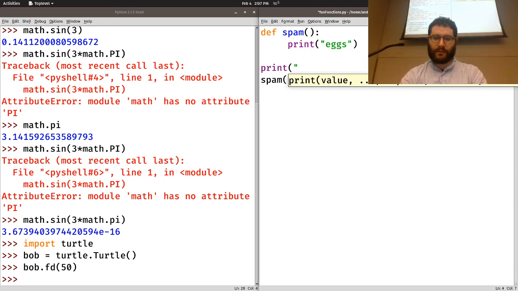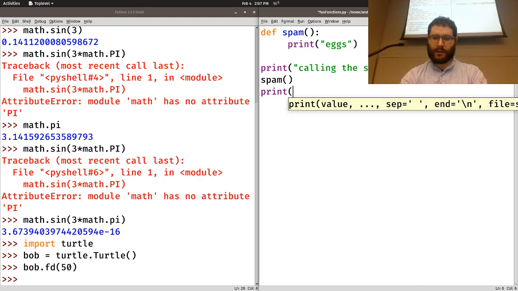Print calling the spam function. Spam. Print. Done. You don't really need to copy too much down right now. Done calling